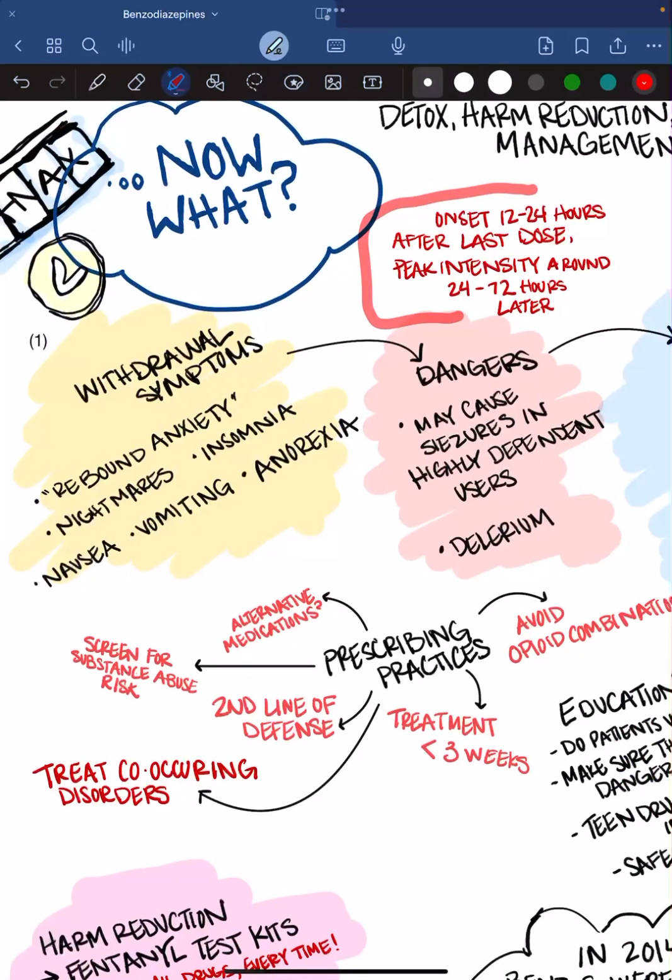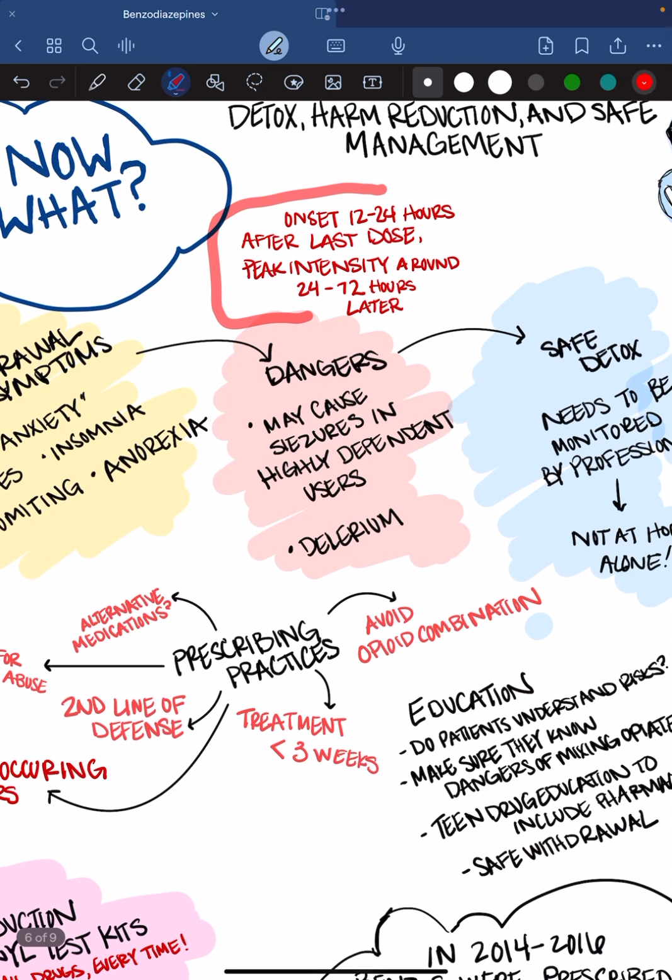Some of the withdrawal symptoms that can be expected are rebound anxiety. Like we discussed, it can come back worse than it was before. Withdrawal can cause nightmares, insomnia, nausea, vomiting, anorexia, and really just an intensely unwell feeling. Some of the dangerous withdrawal symptoms are that it can cause seizures in highly dependent users, and it can also